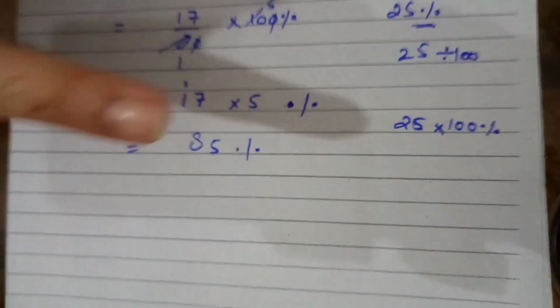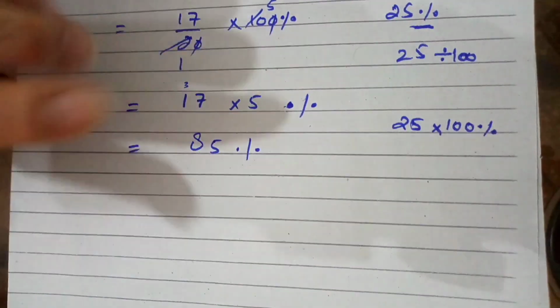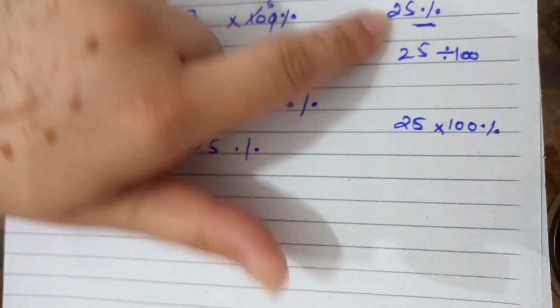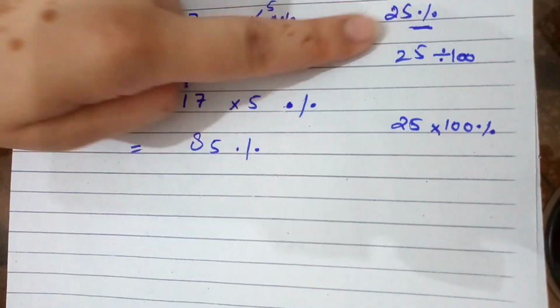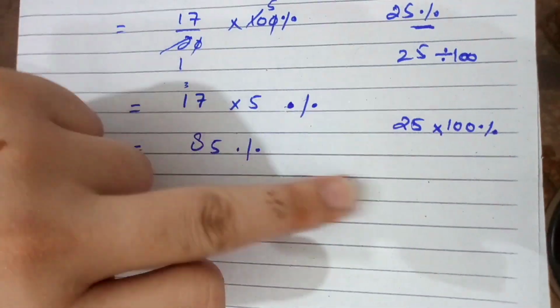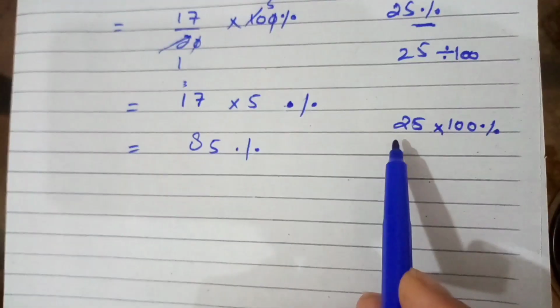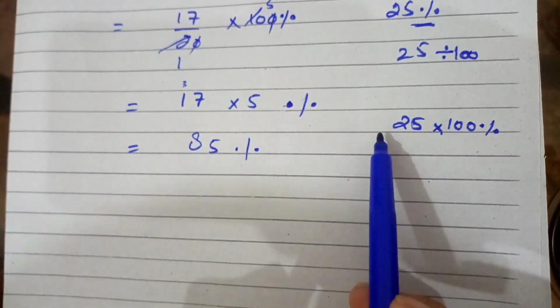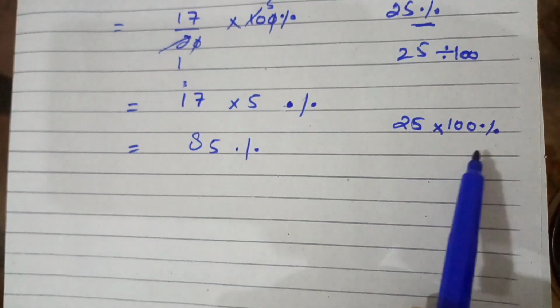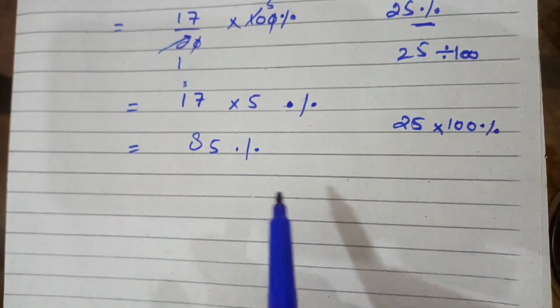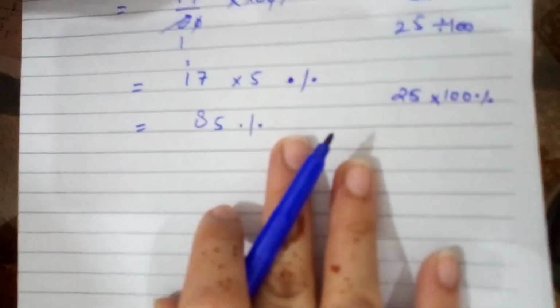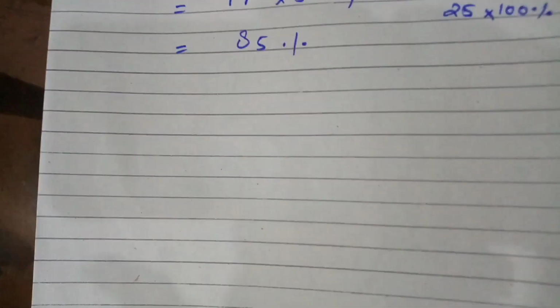Okay, these two things: whenever a percentage sign is given in the question, you have to divide the term by 100 to resolve this sign. And whenever a term is a simple term, like a fraction, to convert it into a percentage, we have to multiply that term by 100 percent. Basically, keep these two things in mind. Now we have part B.